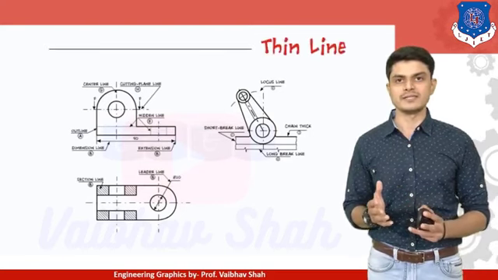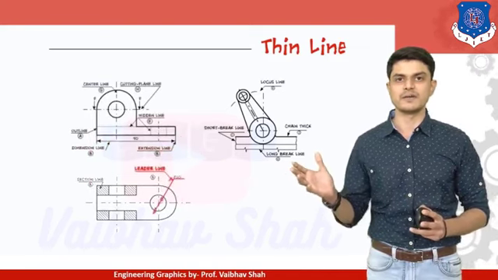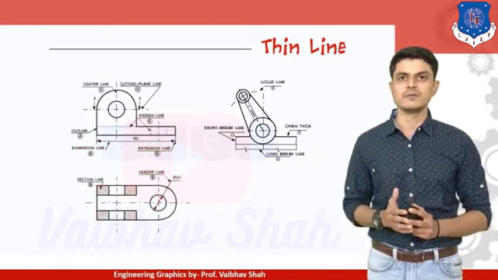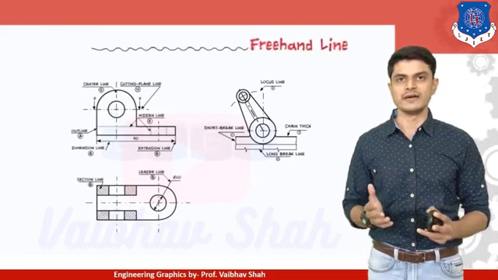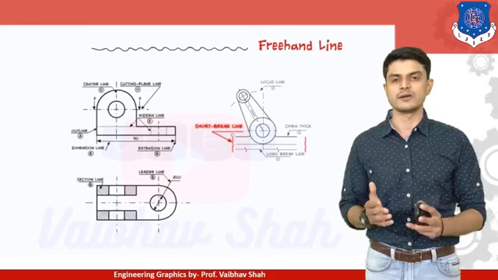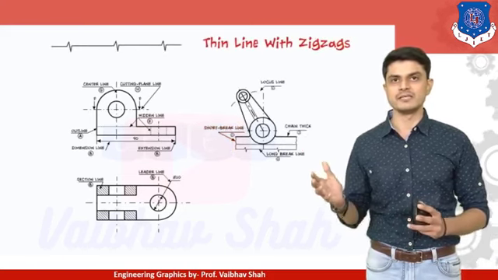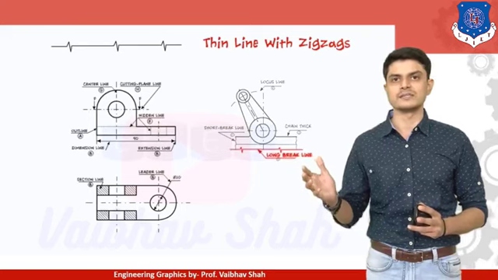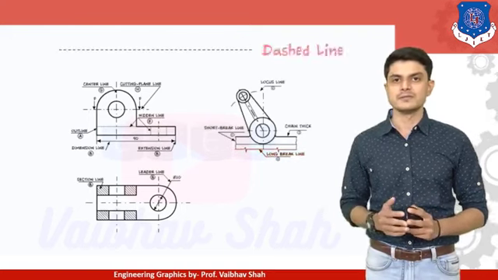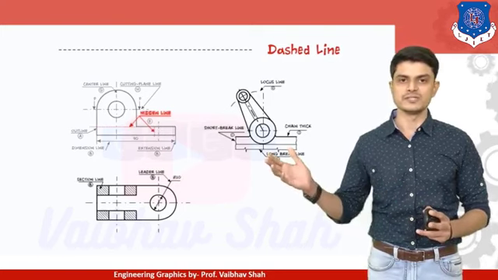So now the thin lines, which have a maximum usage in engineering graphics. As you can see, there are a number of applications of this thin line. Then after what we have is this wavy line, or you can say continuous irregular lines. So these are the lines we will be using there. Then after we'll be having a thin line with zigzag, or you can say ruled zigzag lines. Then after we'll be having this dashed line, short dash medium, you will be using there.